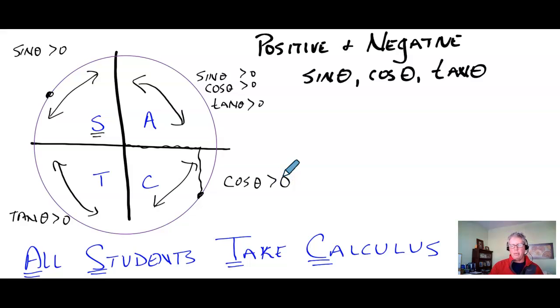So a lot of people remember ASTC. All students take calculus, and that kind of tells you, hey, if you know your angles in this quadrant, you know that the sine's going to be positive, cosine, tangent are negative. Or more importantly,